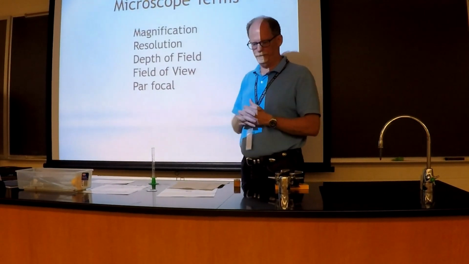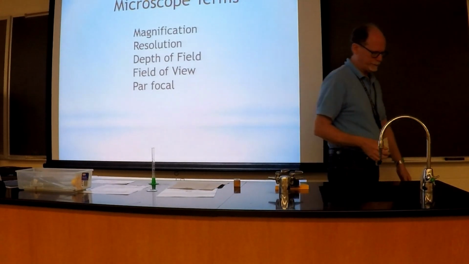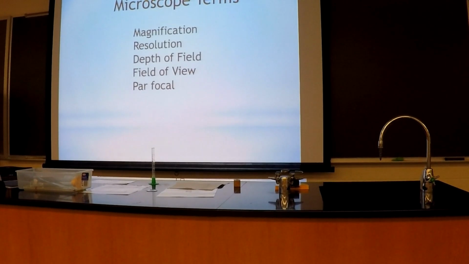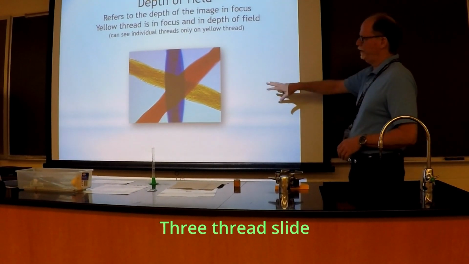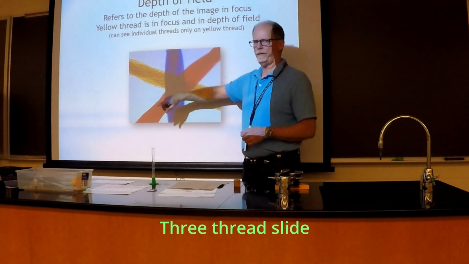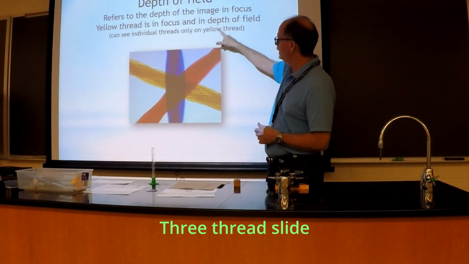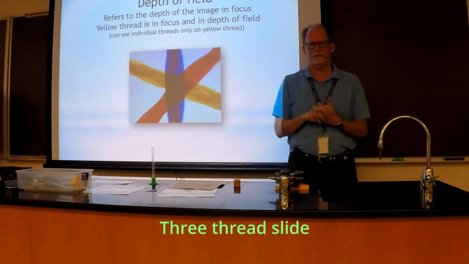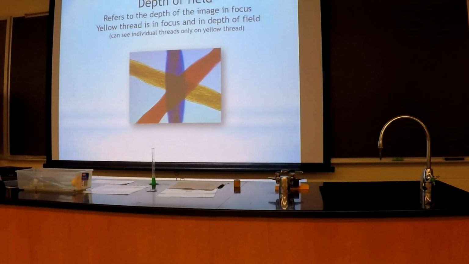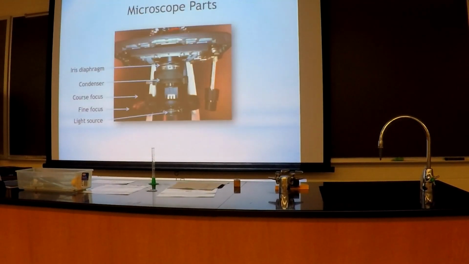It'll look blurry. If we were to do the lab, we would use the three thread slide. If you were to view this under the microscope, you call this the 3-thread slide because there's 3 different color threads, and it helps you see depth of field. Right, the yellow thread is in the depth of field. The blurry ones aren't in the depth of field, right? Because that's what's in focus. So I expect you to know field of view, what you see through the ocular lens,